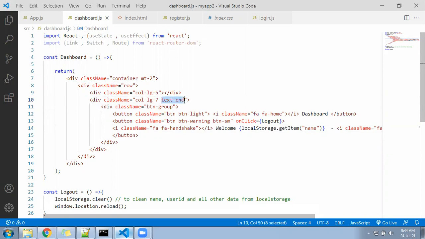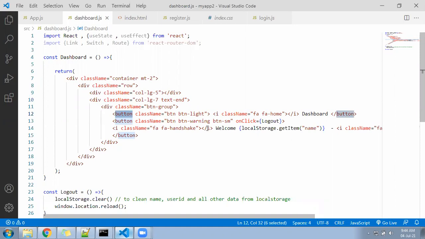So in that, the last will be the logout button. Before that, dashboard. We will add some more buttons, and they will come in between. Okay, hope it's done till here.